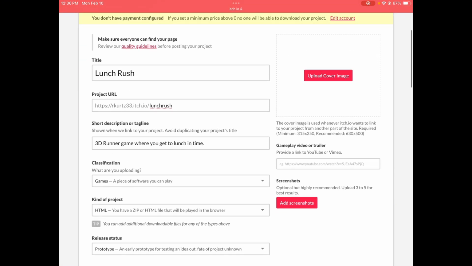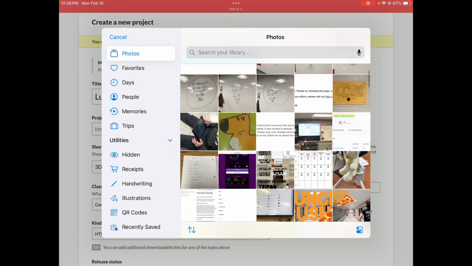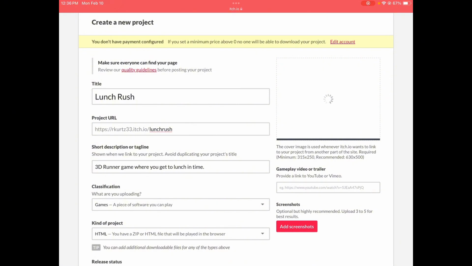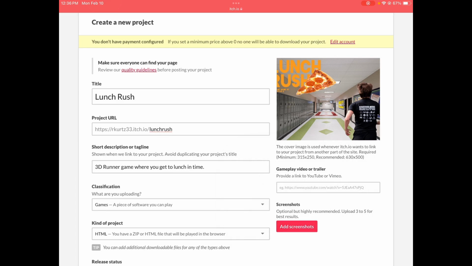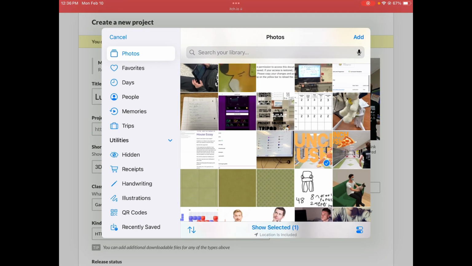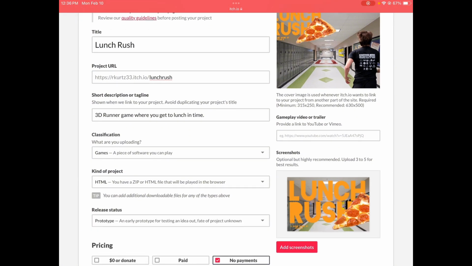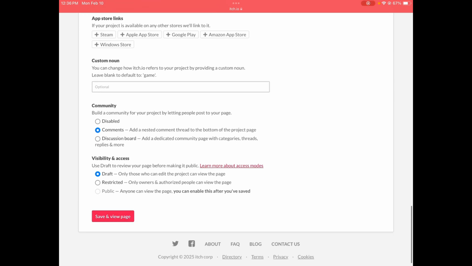After that, you want to upload a cover image. It's required. So do that with this epic one I made. Let it load. Boom. Screenshots. I'll add more later. Photos. I'll just do the shorter one. And that is it. I'm going to save it and